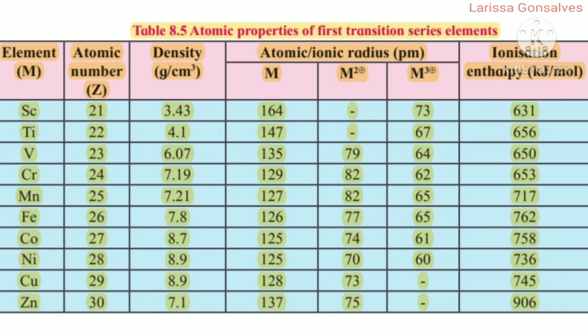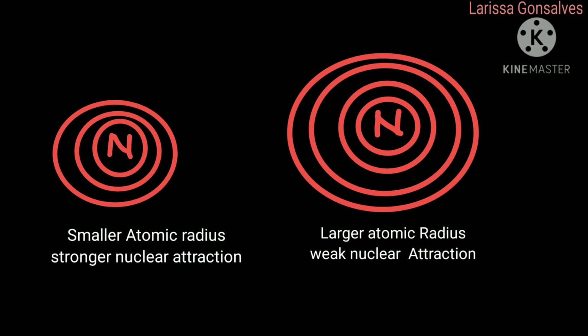Hence it is decreasing. And since the atomic radius is decreasing, it means the nuclear charge is going to increase by 1 unit at a time. Smaller the atomic radius, larger is the nuclear charge. We know that when the last electron enters the penultimate shell, that is the n-1 d shell, then they are called d block elements. The electrons present in the d subshell offer less penetration and hence have a smaller screening effect.